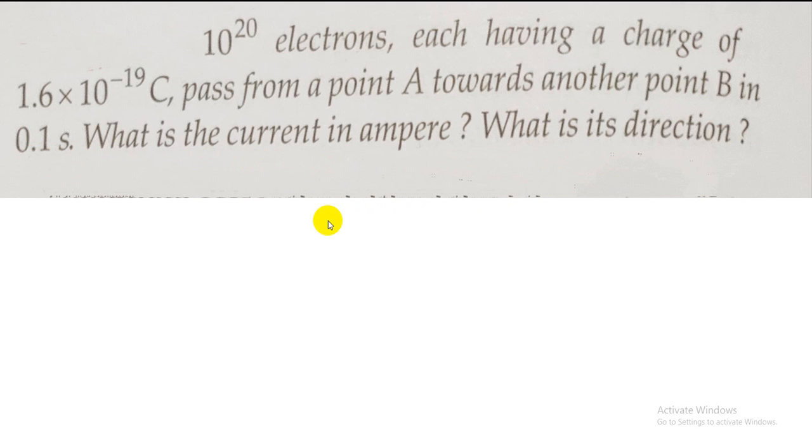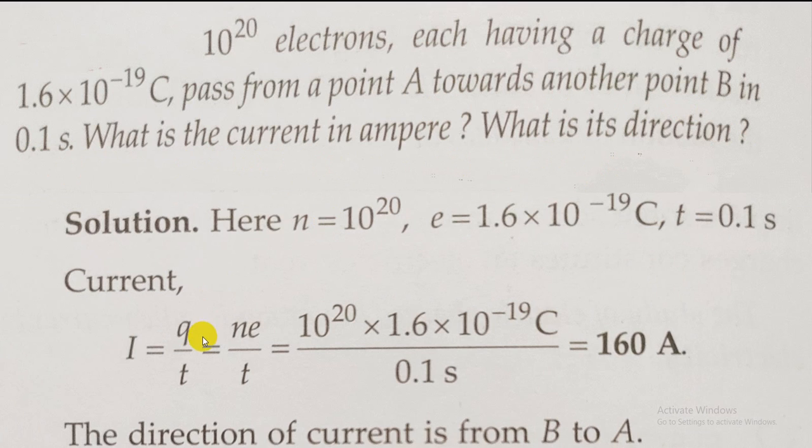Now, very simple here. What you have to do is to find the amount of current. The formula for current is I is equal to Q upon T, where the value of Q can be written as N into E, number of electrons into the charge on the electrons. The number of electrons is given here in the question. The charge on the electron is also given and the time is also given, 0.1 second. If you solve it, you will get the value